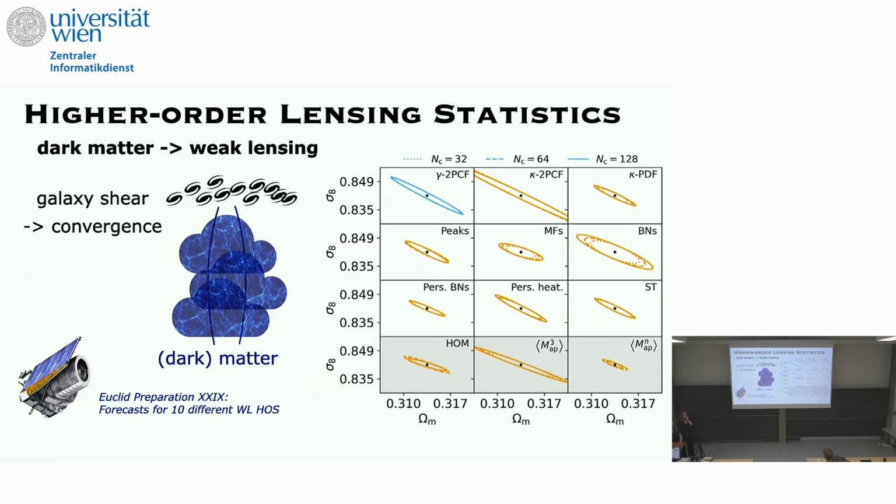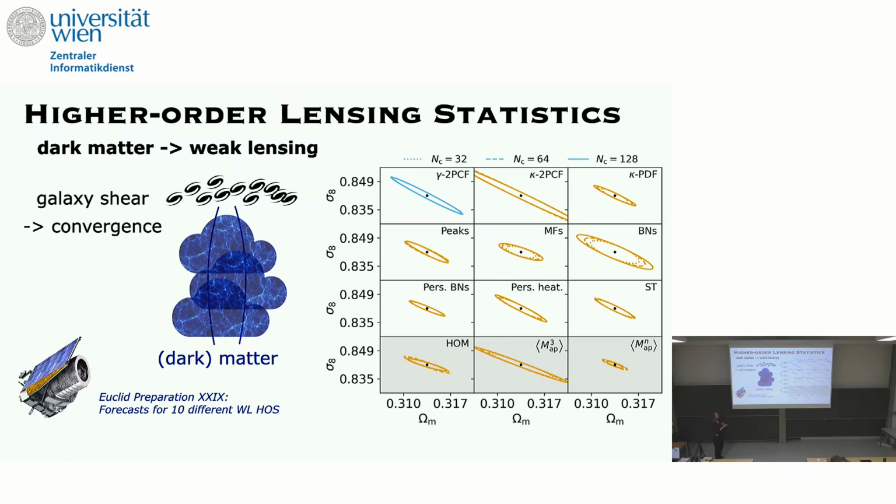Right. And now you might say, okay, 1-point statistics seem a bit boring. What about other higher order weak lensing statistics? And this is what we did in Euclid. So this was the simple case. There was no tomography here. And we compared different beyond-2-point statistics. And roughly speaking, you can see that most of them capture similar kinds of